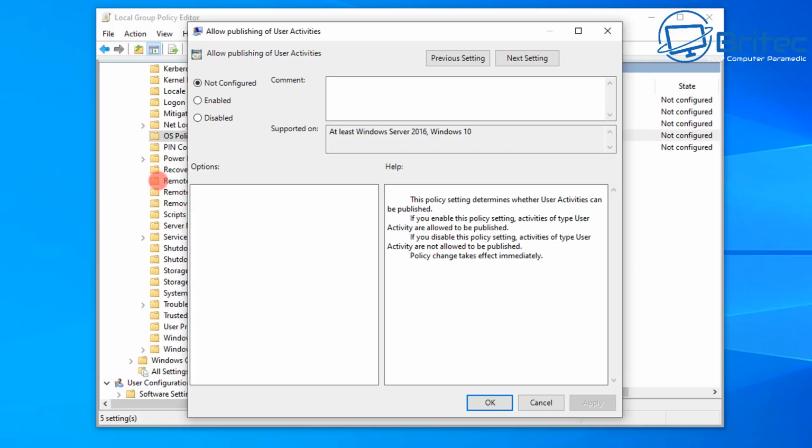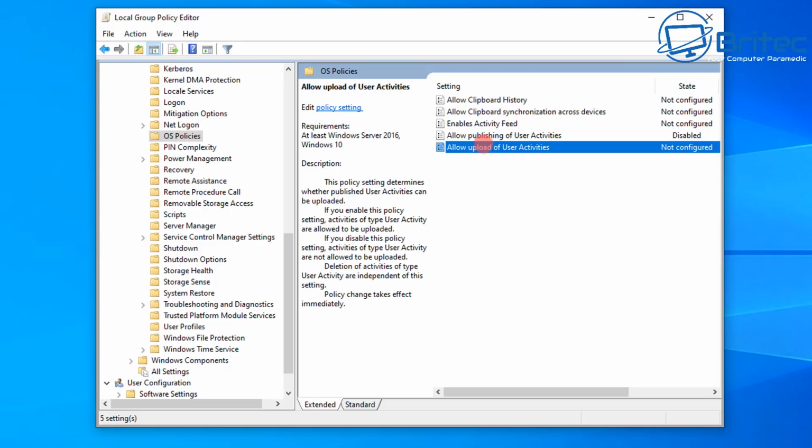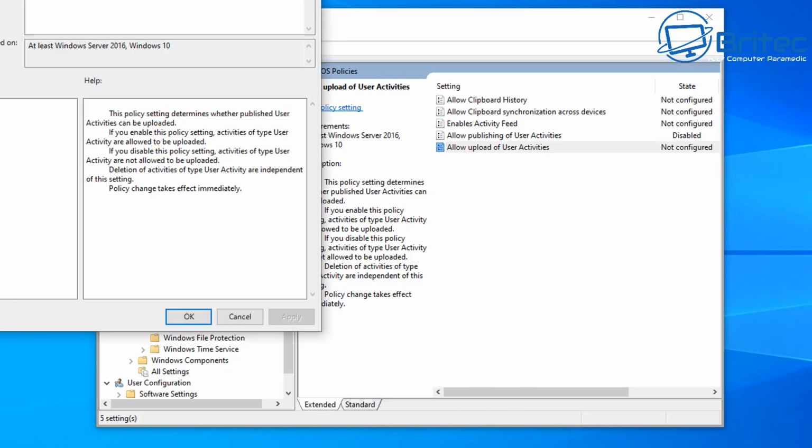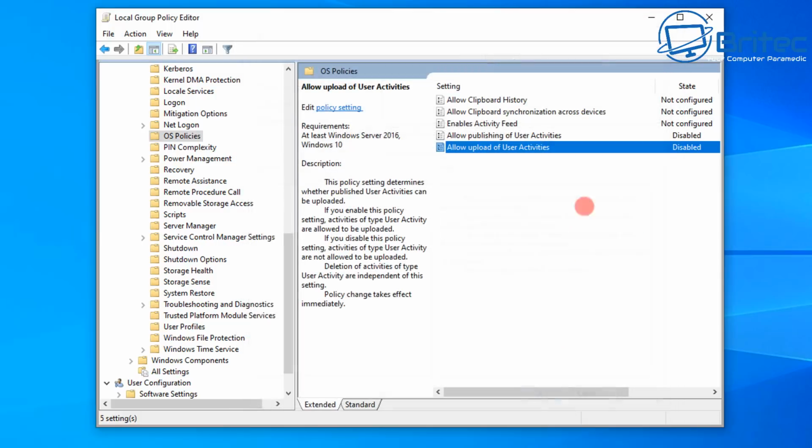So we're going to disable this, I think. So if we hit the disable and apply and OK, that should then disable that policy. Now there's also some other things inside here which you might want to allow or disallow. For instance, allow clipboard history and so on. So you might want to go into here and literally enable or disable whichever ones you want to do inside here